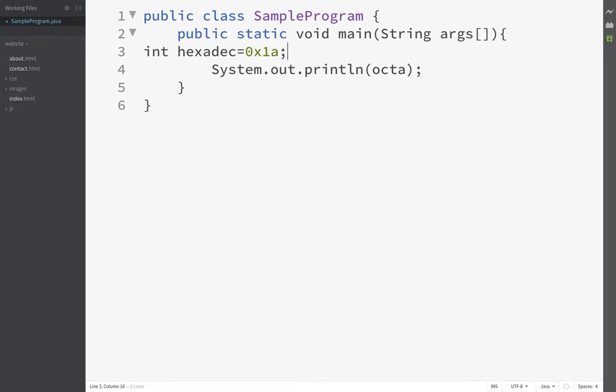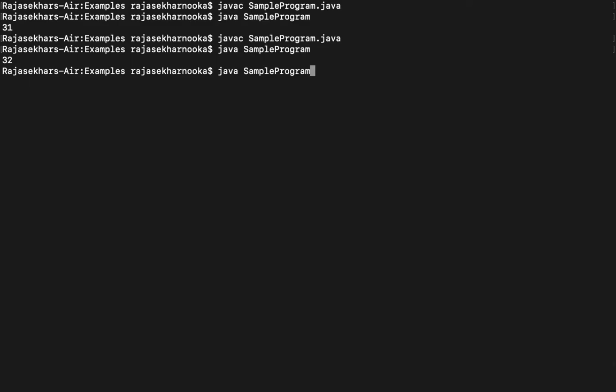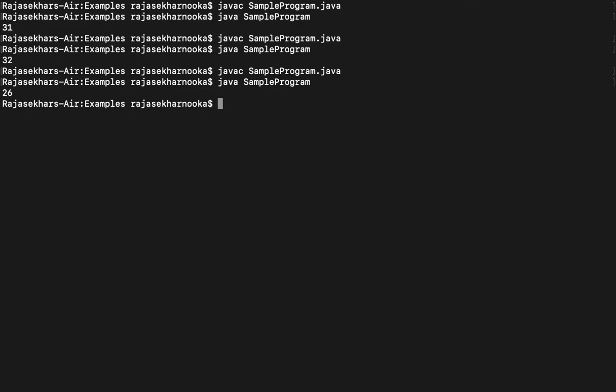It's a value. Compile the program and run the program. Its value is 26.